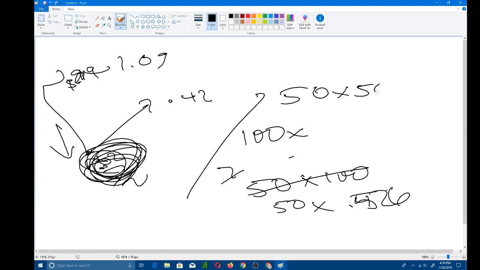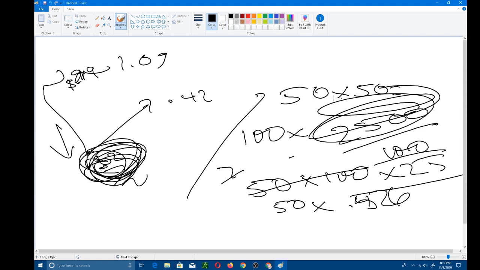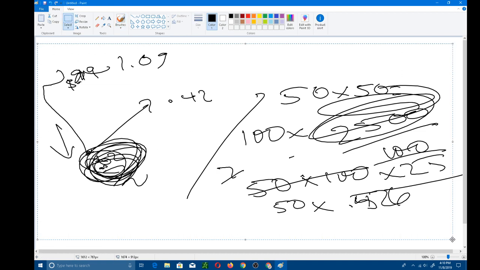So 50 times 50 gets you what? $2,500. How much was the original investment? $100. What did I do? I multiplied it by 25. That's the math. You can do this over the long term. If you can figure out the standard deviations, if you can figure out what the profitability of something is, what the percentage of return is, then you've got yourself a winning strategy. But if you lose...